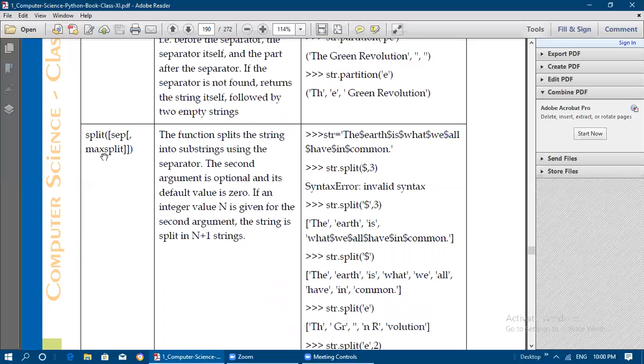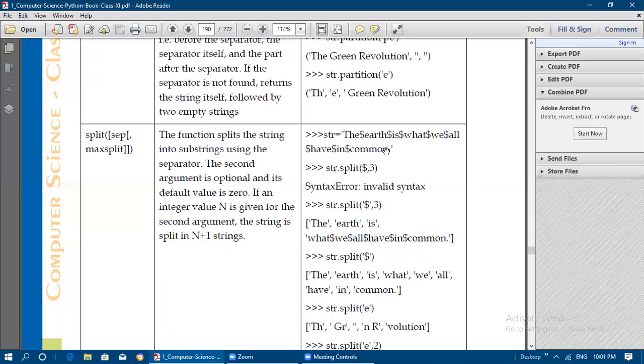And maxsplit, that is the maximum number of splits, is optional. Its default value is 0. If an integer value n is given for the second argument, the string is split into n plus 1 strings. Like if you are giving 3, it will be split into 4 strings.